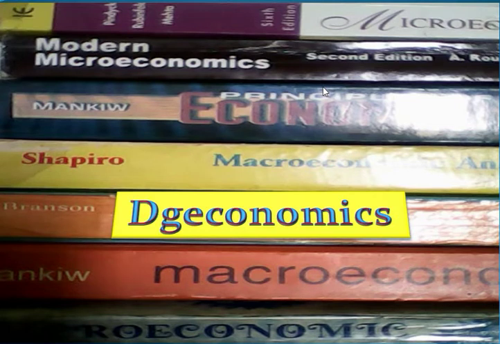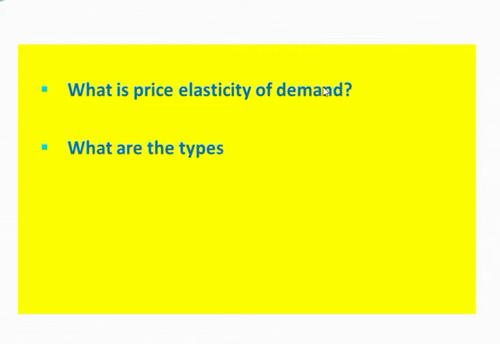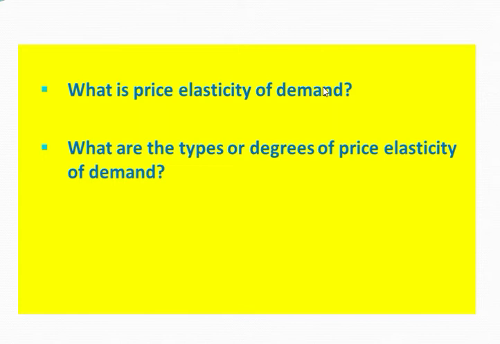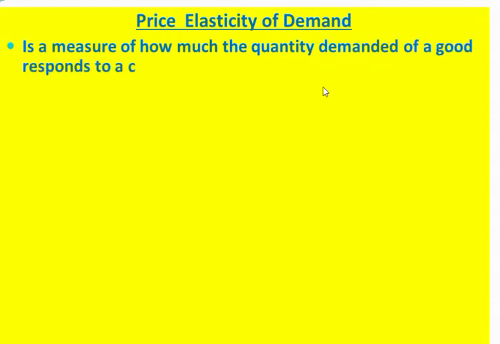In this video tutorial, we shall discuss price elasticity of demand and types or degrees of price elasticity of demand. At first, we discuss price elasticity of demand. It is a measure of how much quantity demanded of a good responds to a change in price of that good. That means price elasticity of demand measures how much quantity demanded of a good changes due to the change